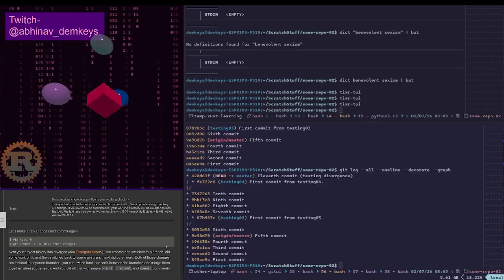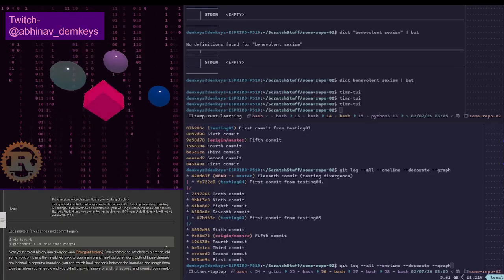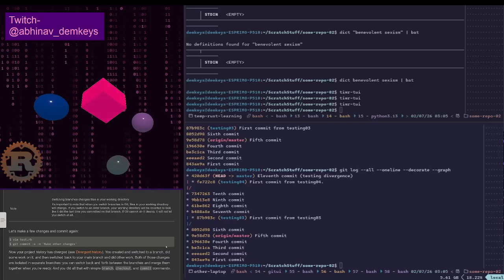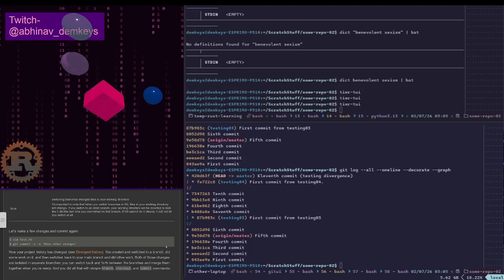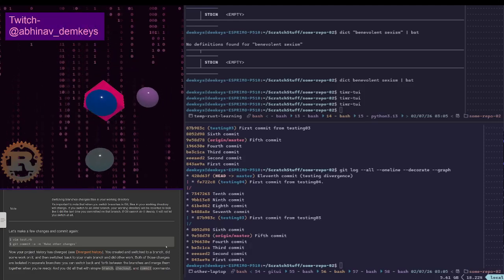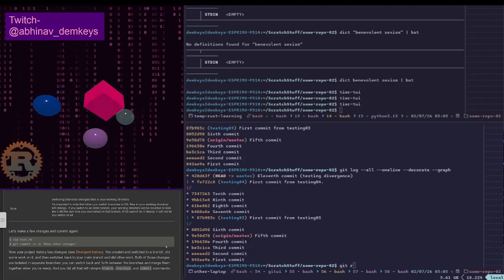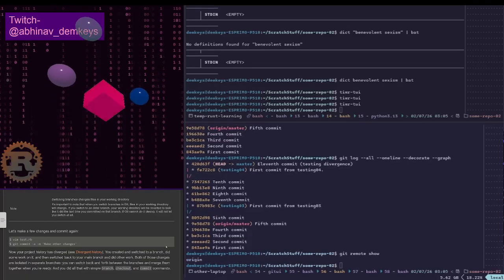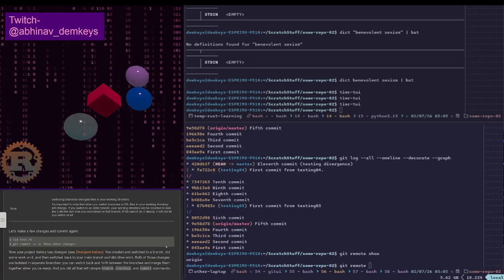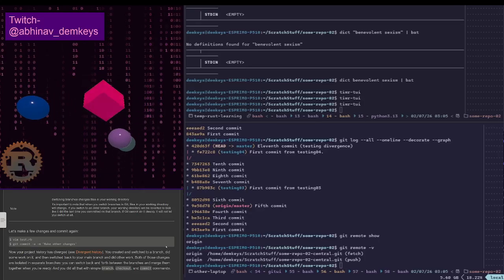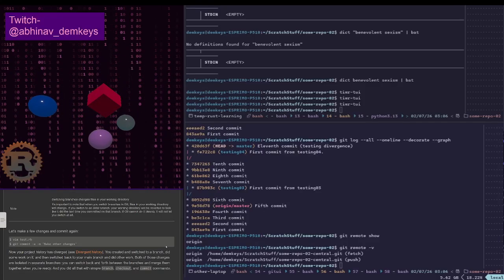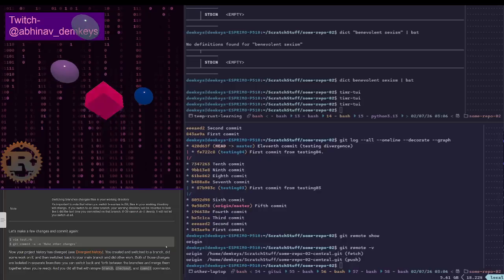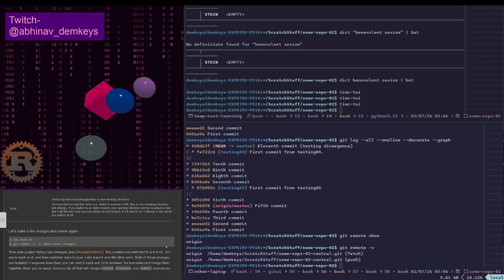Wait, I'm a bit confused here. Hold on. It says origin master HEAD. Oh, origin. Origin is our remote. Origin is a remote. I shouldn't be looking into that. Though, what do I have set up here? How do I look at that? Git remote show. Okay, git remote verbose. Okay. So I can just push all of this to origin, so I don't need to worry about origin all that much. For now, we need to focus on testing 04.